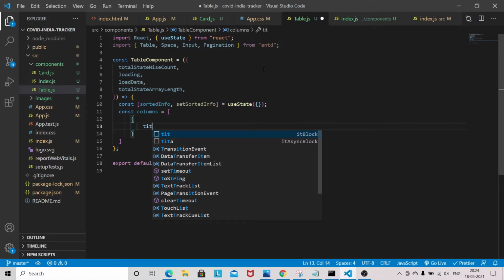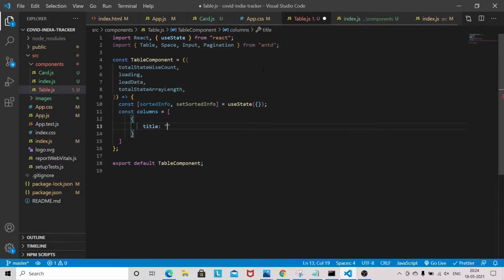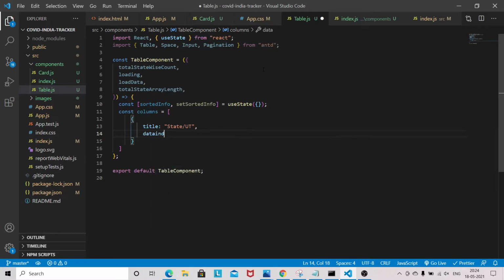First we give the title, and we have to provide the data index.